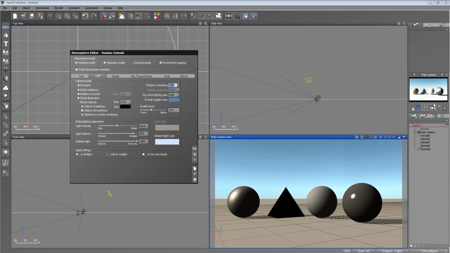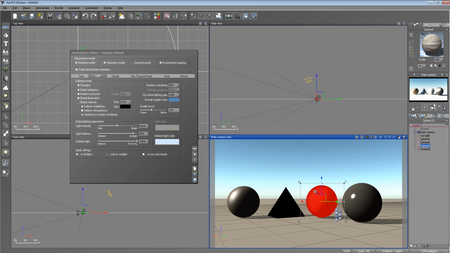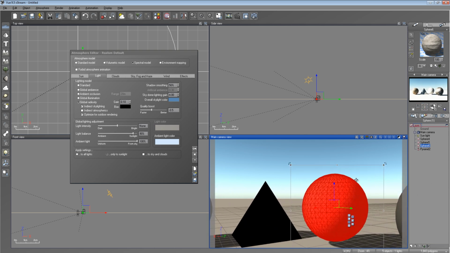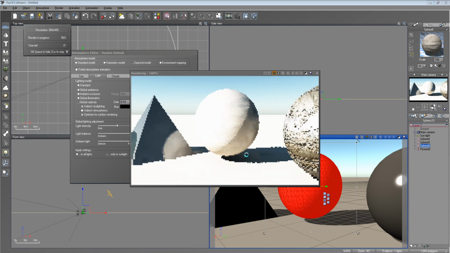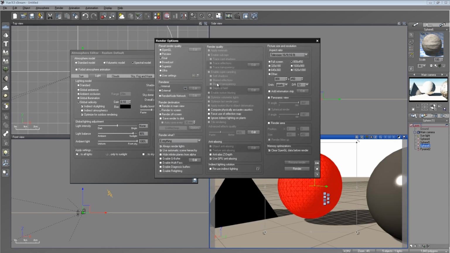You can change the shadow smoothing. I like to keep mine around 50. If you look underneath here, if you raise this so the shadow is darker underneath the sphere, it'll smooth the dark area first and then smooth out. We've got to do a full quality render to actually see it. So let me change that to final,